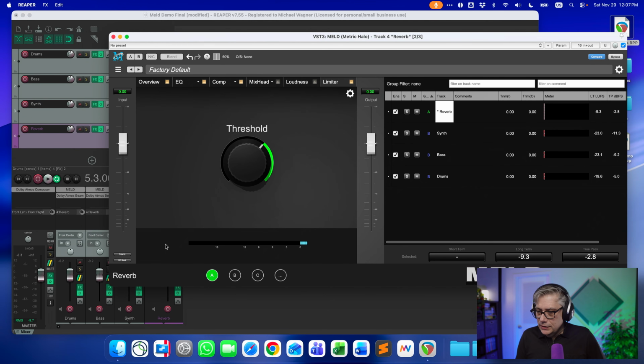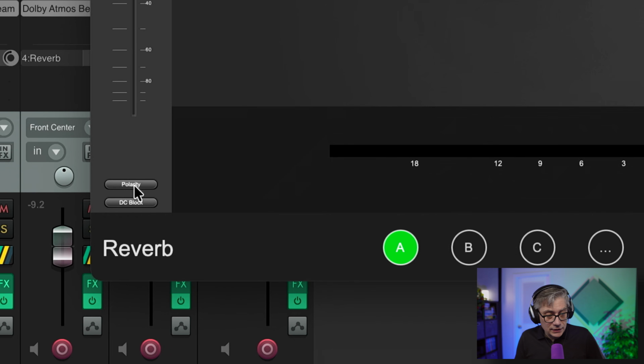Now, a couple of other features that are really interesting. We can change the polarity settings of each track, so we can invert the polarity of the audio. Or we can also do a DC block. That's really interesting. I haven't seen that in any other plugin, and it seems to indicate that this is a plugin aimed at professionals, because you probably only need that if you're using outboard gear. It implements a very low high-pass filter that filters out the DC signal that can build up if you have multi-channel tracks. But if you are working in the box, you're probably never going to encounter that. Once again, a very interesting feature that I haven't seen anywhere else.